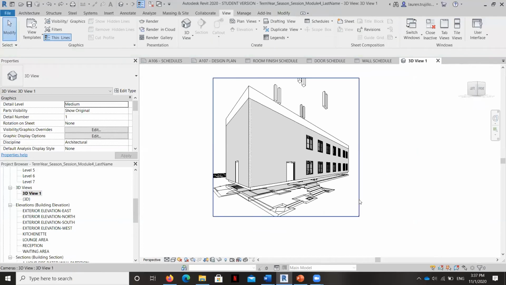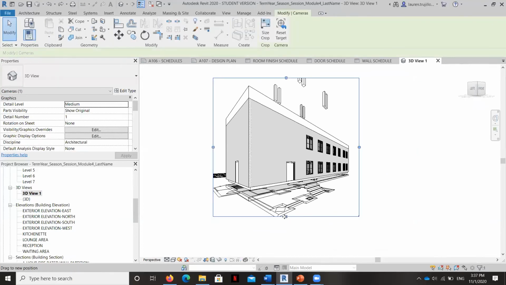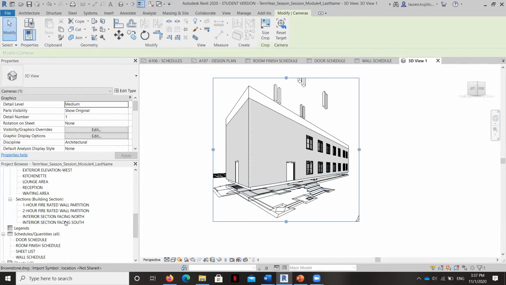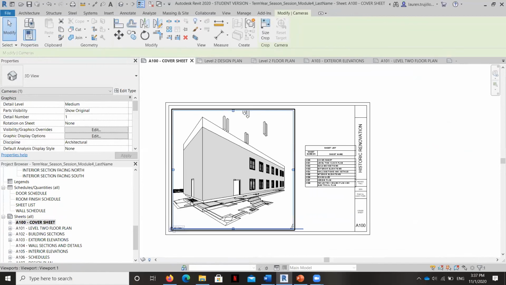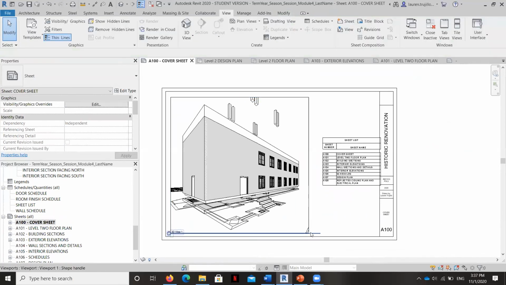So we're going to leave it as a perspective view for right now. And remember, this is all going to fill in a little bit. But for right now, let's take a look at our cover sheet. We'll have a really nice rendering on the front.